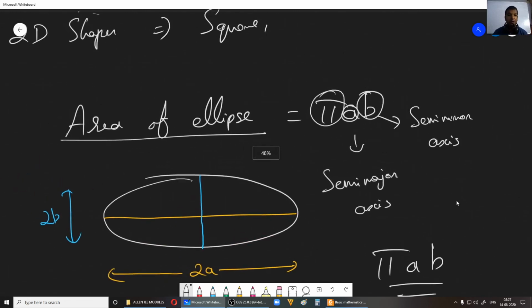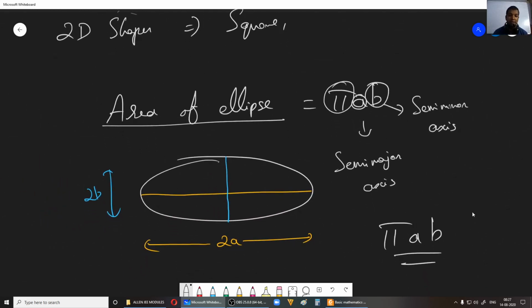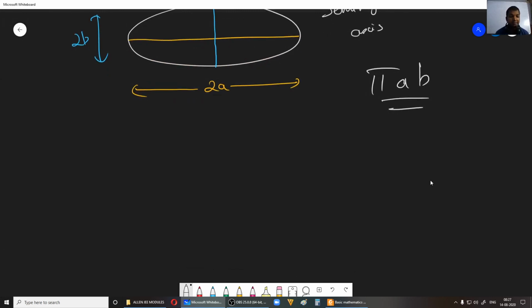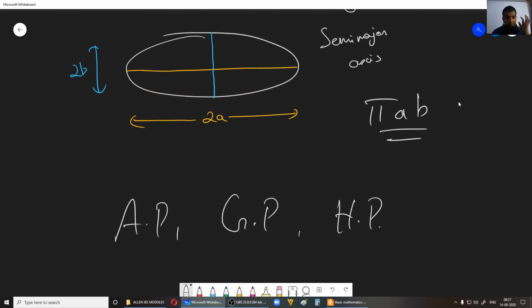Now apart from that, cone, cylinder, surface areas, volumes. And coming to your progressions, arithmetic progression, then geometric progression, right? Some of you might have studied harmonic progression also, right? These things are also important. So just brush up on them. This is all you need, that is the mathematical background required for understanding physics in your 11th and 12th standard.